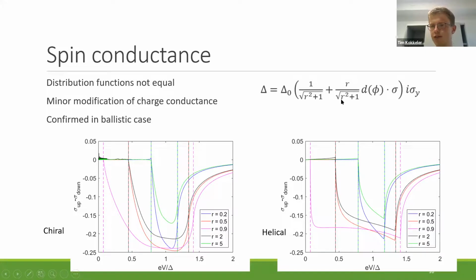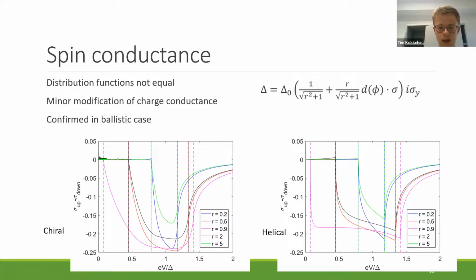which indicates that we have some polarization of spins. And indeed, if we, in the calculation of the conductance, allow the distribution functions for spin up and spin down not to be equal, then we see that in case we have only an S-wave potential or only a P-wave potential, they automatically become zero. But if we have both components, then they become non-zero, and we get a spin conductance, a difference in conductance for